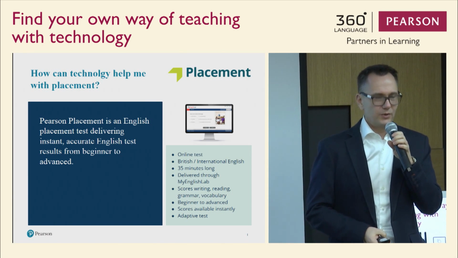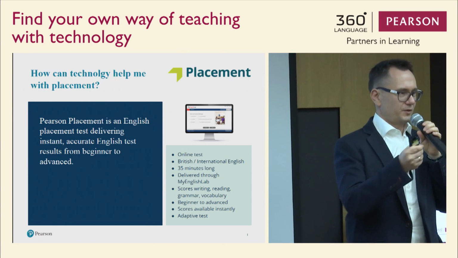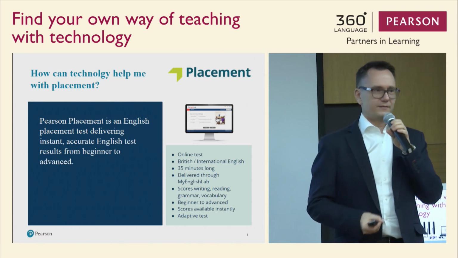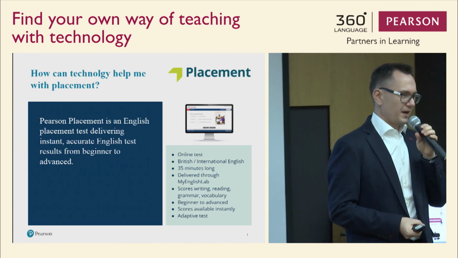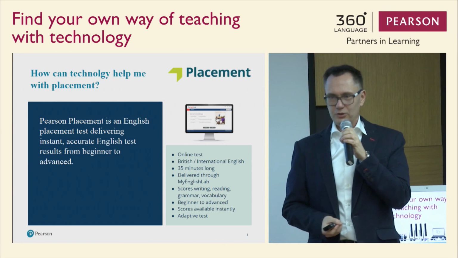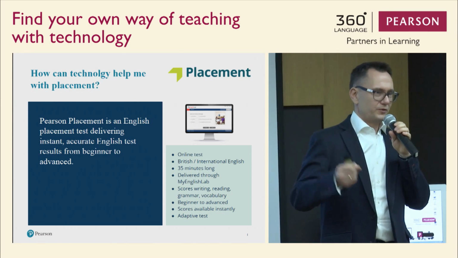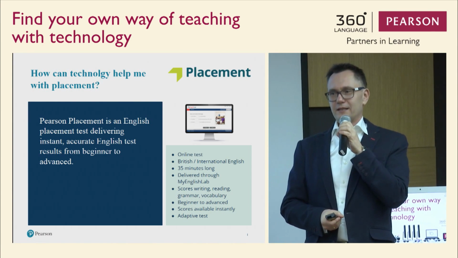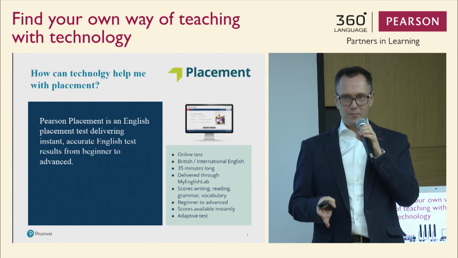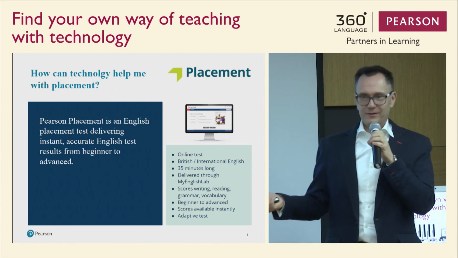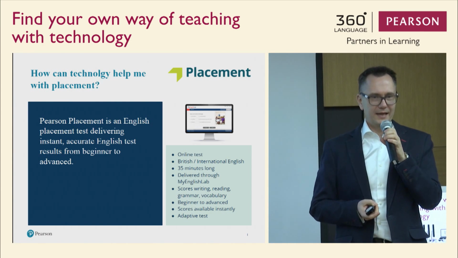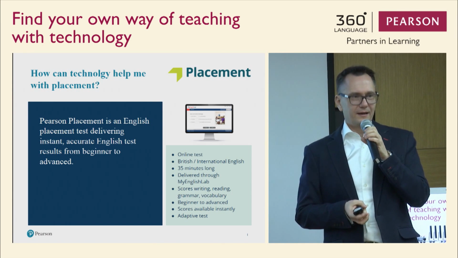And of course, you can do it in the traditional way. That is, you can give them a paper test, ask them to sit down for 45 minutes, write the test, then you take it, you correct it, and if you have enough time and enough resources at the school, you will probably take this student to an interview and then put the results all together, and you would be able to decide what level your student is. Is this the way you normally do it? Yeah, okay.